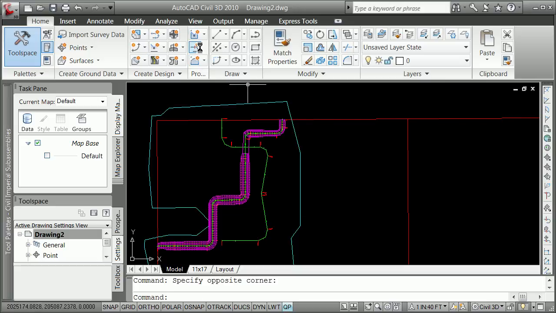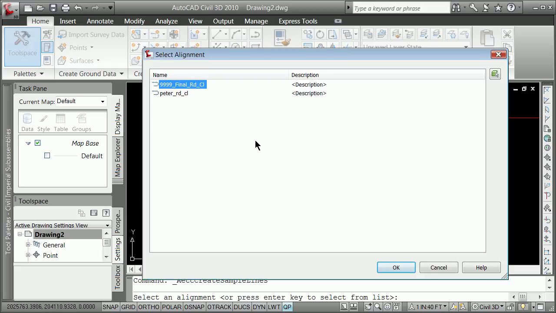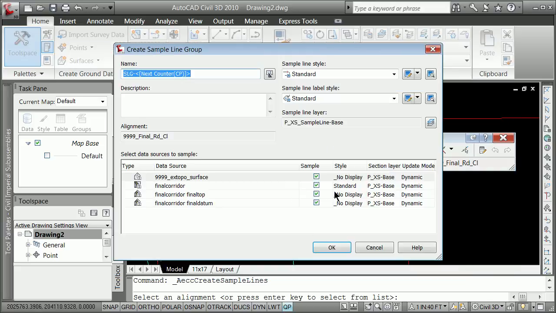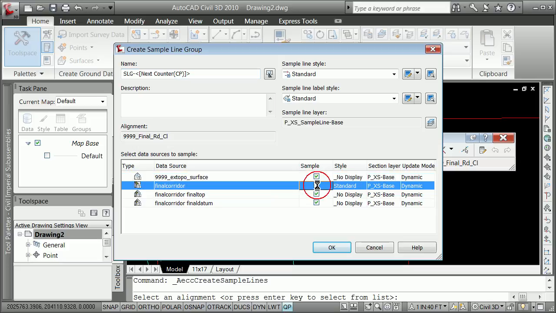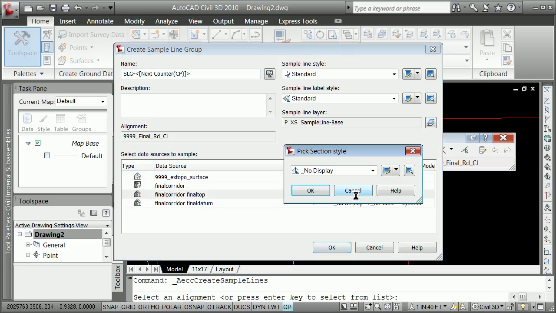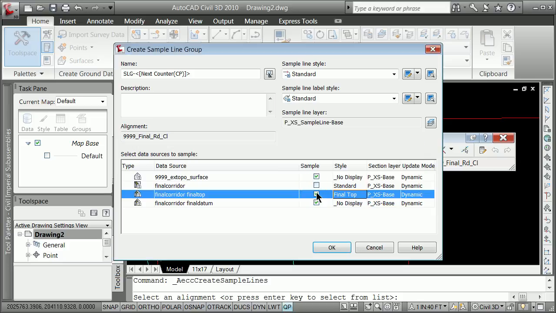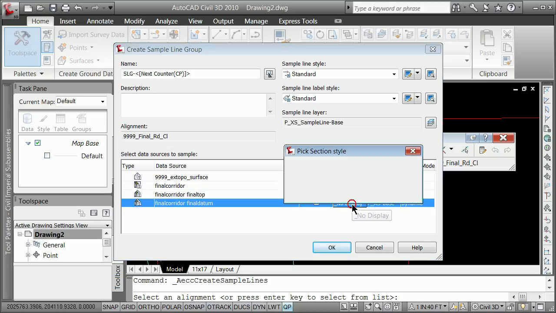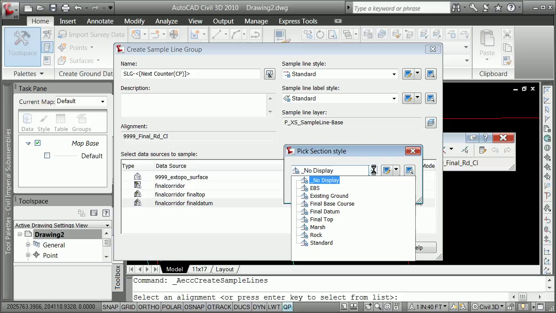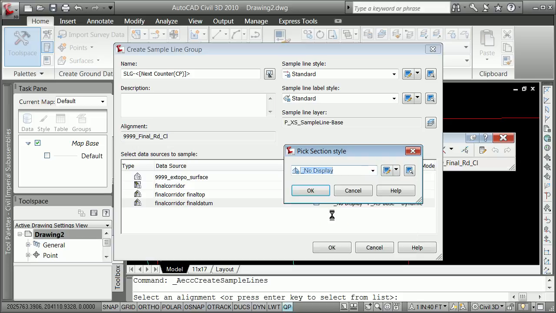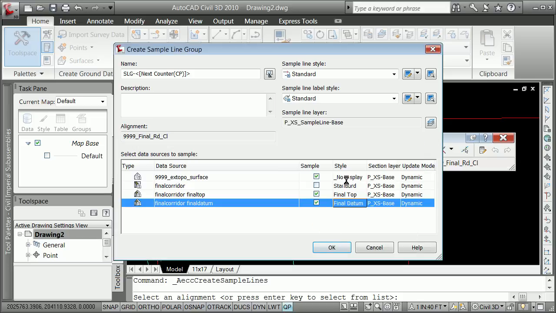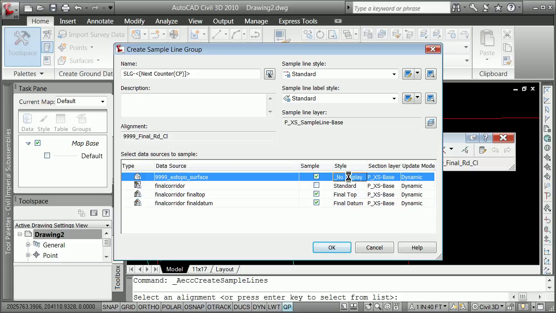Try this one more time. Complete sample loop groups. I'm going to hit the space bar here. We're going to do final row at center line. We're going to tell it we want to sample each of these things, even though we really don't want that one. And we're going to change the style here not to be no display. Final top will be final top. Final datum. This might work the first time. It usually does not. Sometimes you have to do it twice, and then existing topo will be